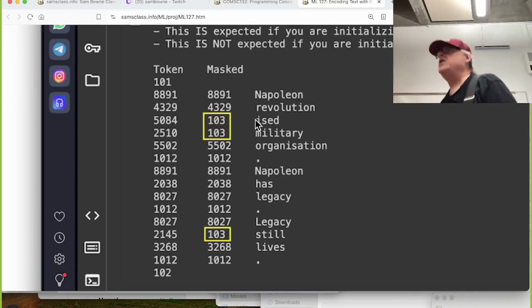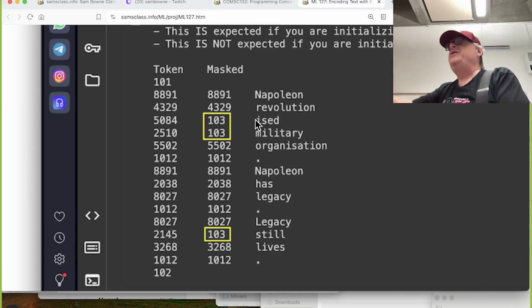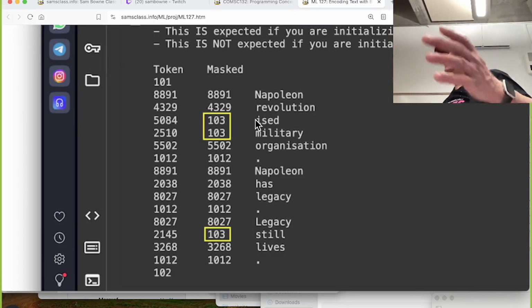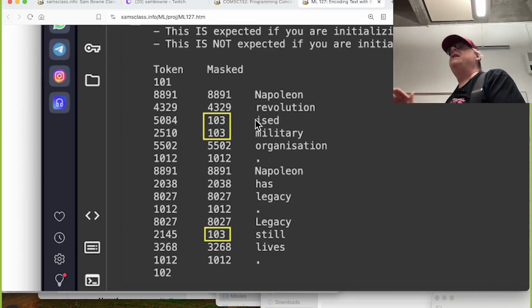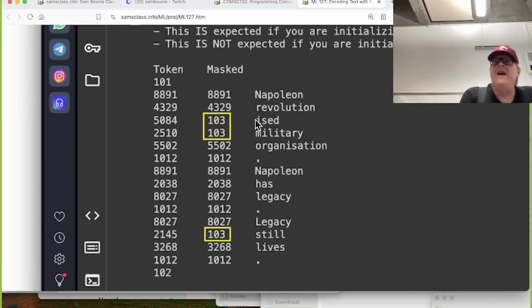And now this is a very common trick, and this is also how Stable Diffusion works. You start with unlabeled data, like photographs you find on the web. Then you want to turn it into labeled data so you can train your model. So you remove part of it, you know what you removed, and now you make your model guess at what part you removed. So you remove some tokens, some words randomly, and then you get the model to try to guess from the context what word goes in there. And then you train it to guess accurately what word goes in there because you know what the right answer is, so you can train it.